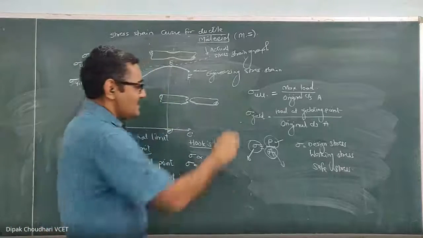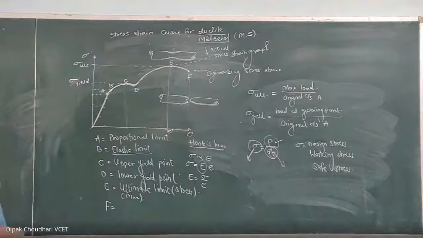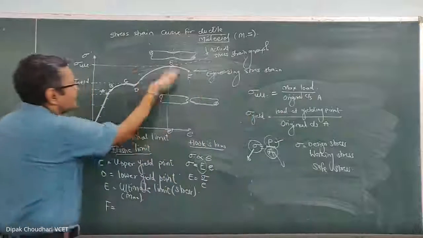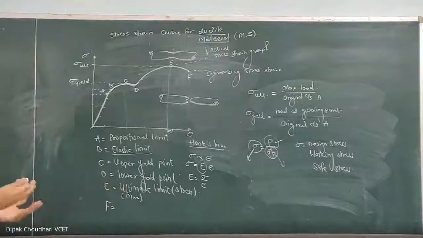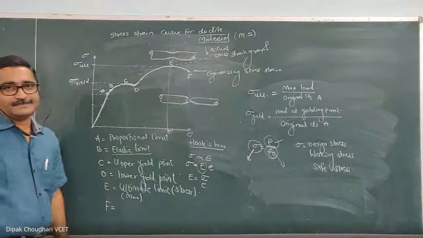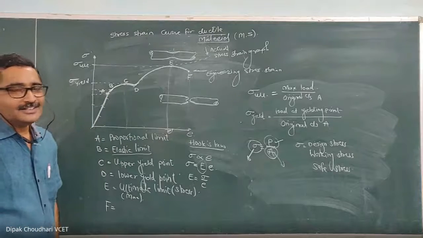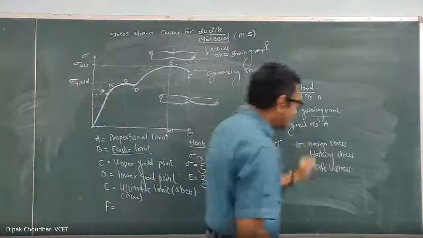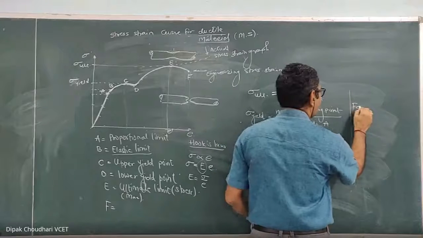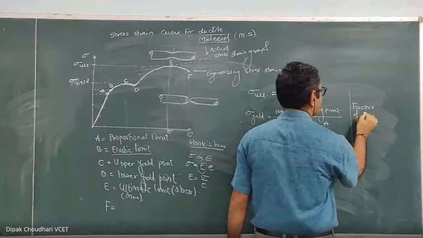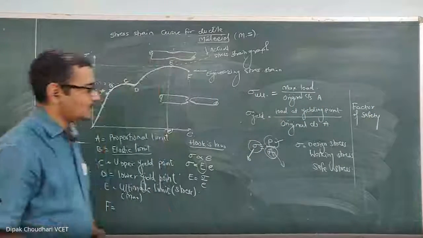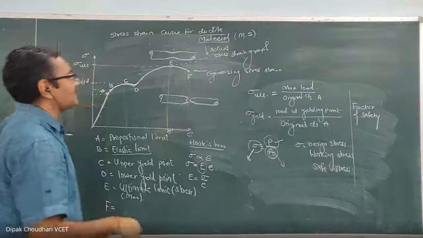Understood this? Now there are some criteria on what basis we can decide this design stress, working stress, or safe stress. You may say that sir, it is not visible anywhere here. Where is the design stress, working stress? So you have to decide, but this value should always be within the elastic limit. Okay, here, and that's why to decide this design stress, working stress, or safe stress, one factor we are using, that is known as a factor of safety.